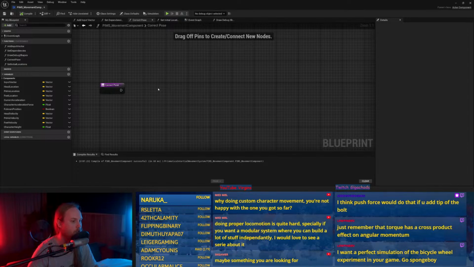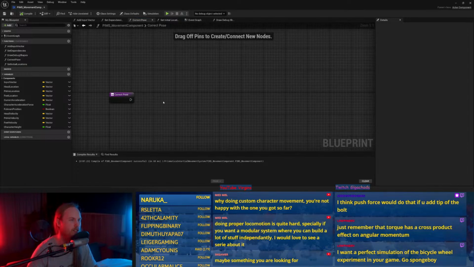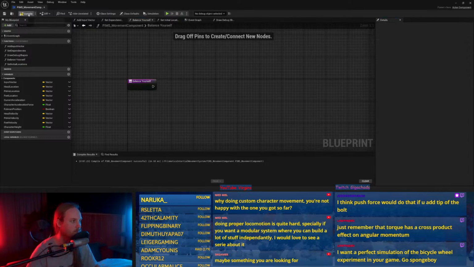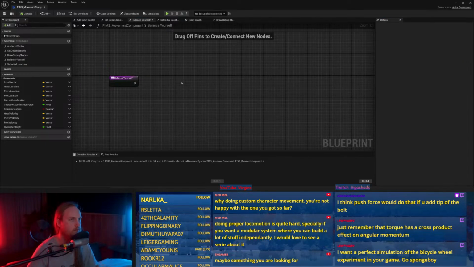So the character should always try and stand upright. Let's just call this balance. Balance yourself. We essentially always want our center of gravity to be within our fulcrum.